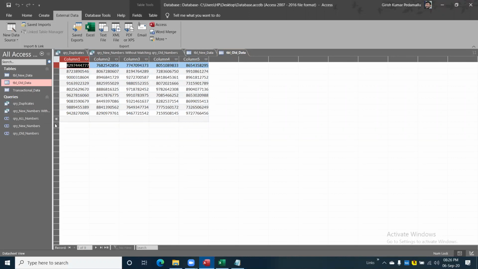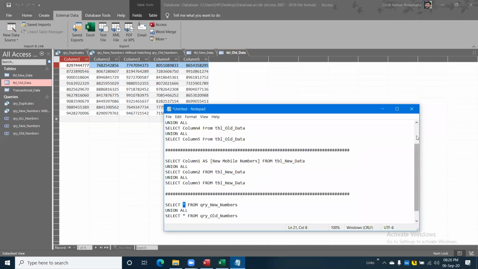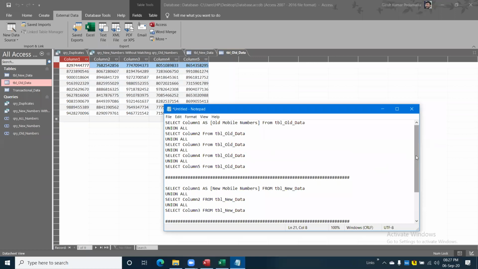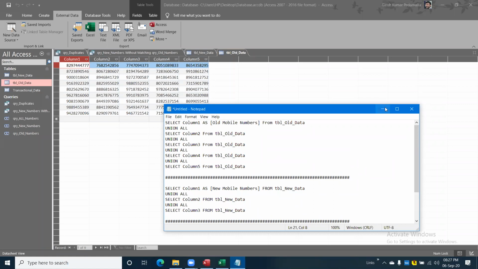When you need to change the query is if any new column got added or else an existing column got deleted in that particular table, right? Then only you need to append. Why? Because in the queries you have written that, till only 5 columns. If any new column is coming up in the table, it won't support. That column will be ignored. Okay, for that case only you need to modify it, otherwise it's not required.